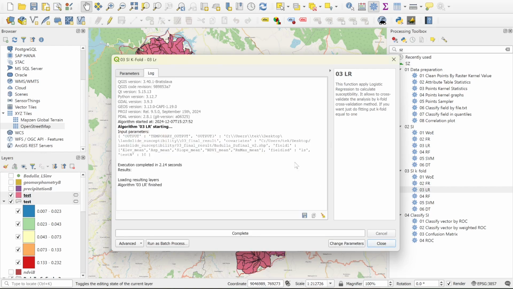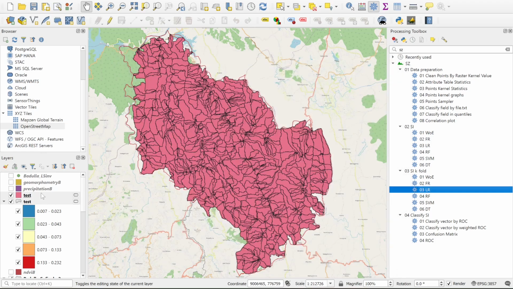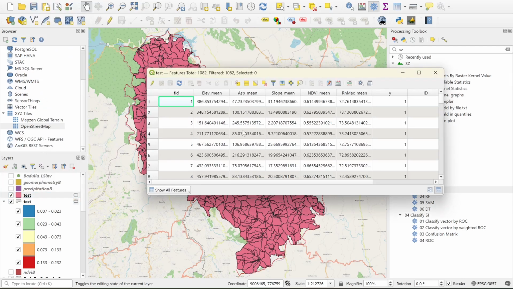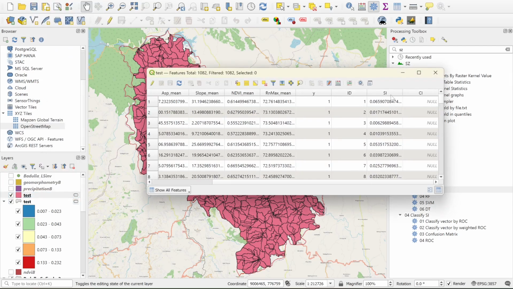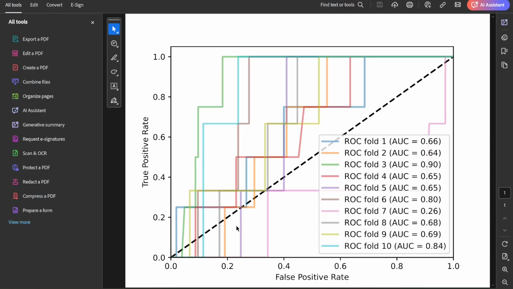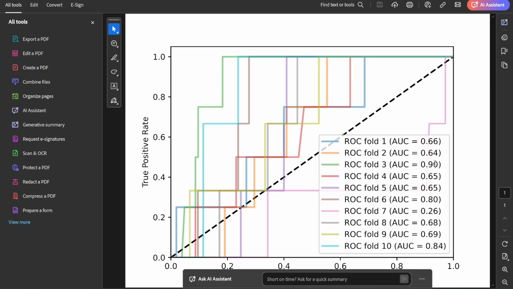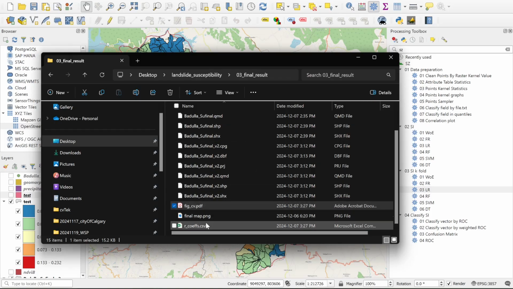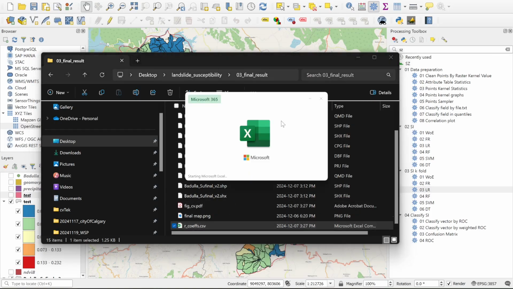All right, so this process executed within 2 seconds, which is quite fast. And in this new file as well, we are seeing the same si values. If you want to check the roc curve again, it will now look like this. So based on different folds, we have different accuracy. And if you want to see the equation,